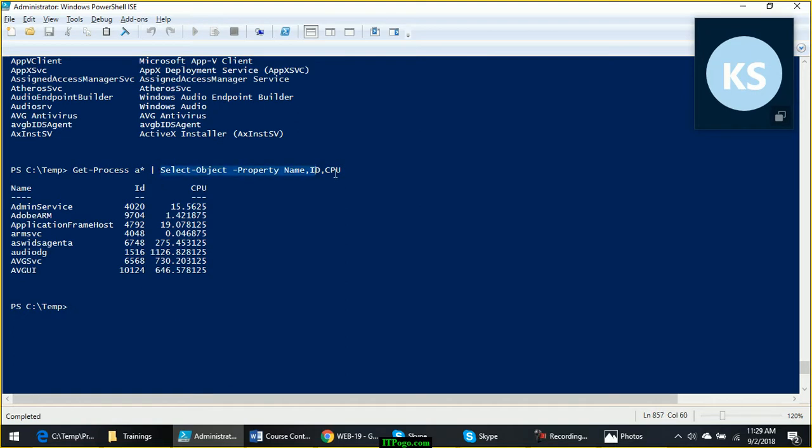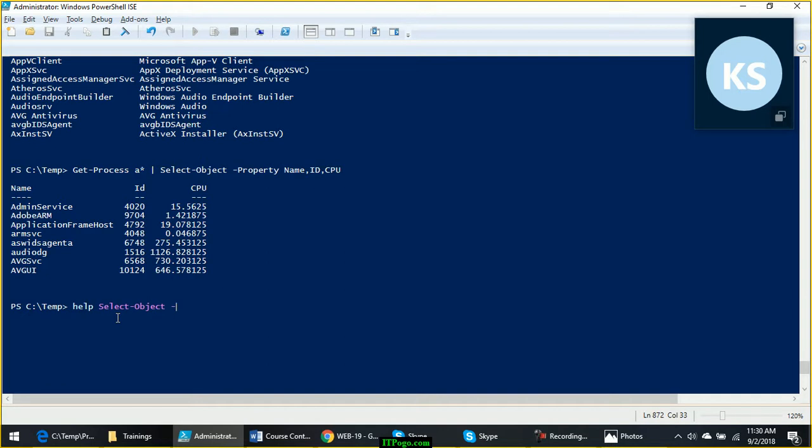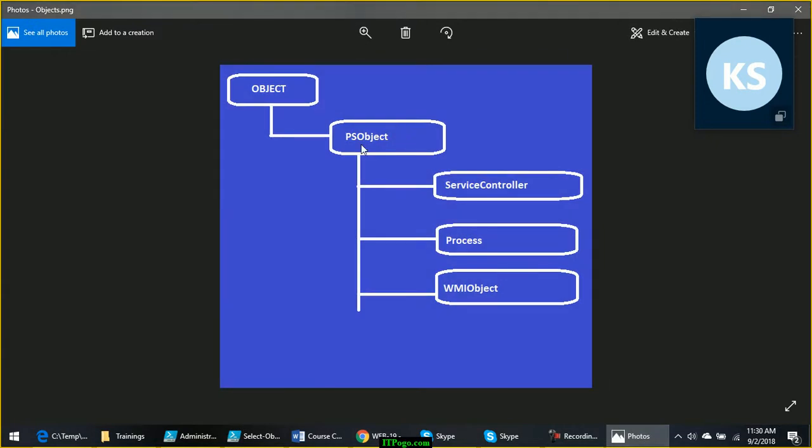because these commands are following plan B. According to plan B, if you look at the help for this command, help Select-Object, similarly Where-Object, which we use for filtering, what is the input object requirement for these commands? If you look at the input, System.Management.Automation.PSObject, the input object property here is PS object. And what is PS object? It is the parent of all different object types.